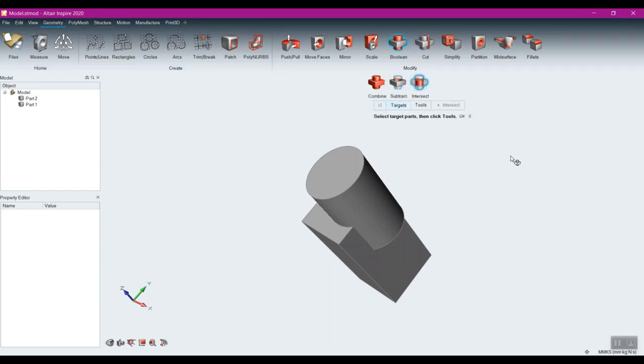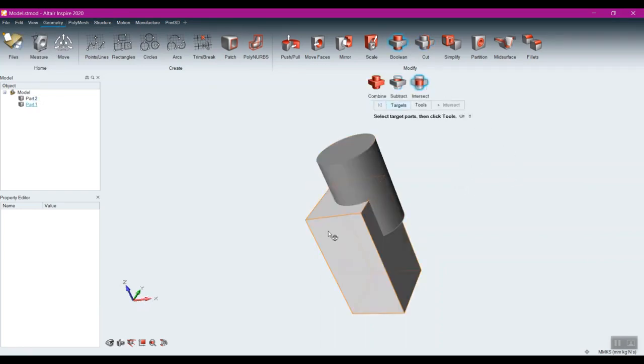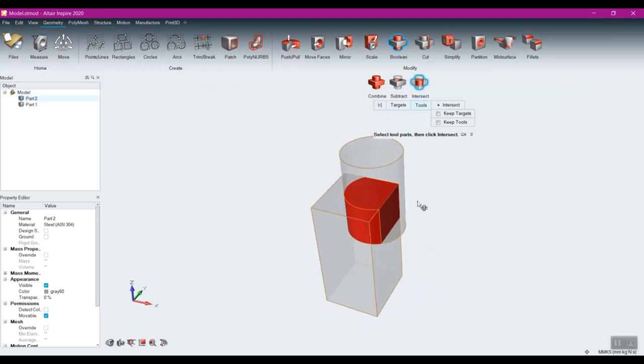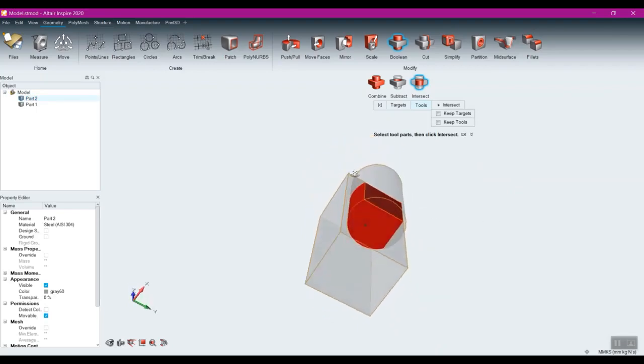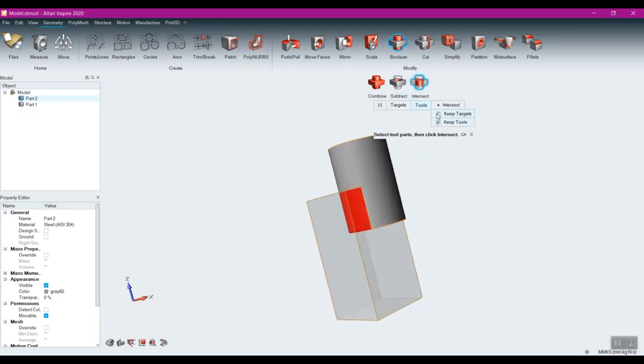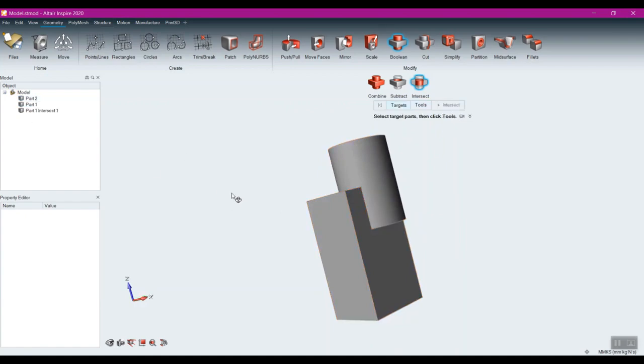Finally, intersect. I select my target. I select my tool. And you'll see the default now is to just maintain what is in red, which is just the intersection between those parts. So I get this kind of weird shaped pie wedge type piece here. If I keep the target, then I'll keep the block and that little pie wedge shape. If I keep the tools, I keep the cylinder and the pie wedge shape. Or if I keep both, what I'm going to end up with when I click intersect is actually now three parts,